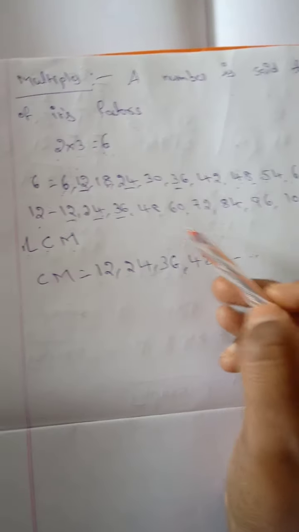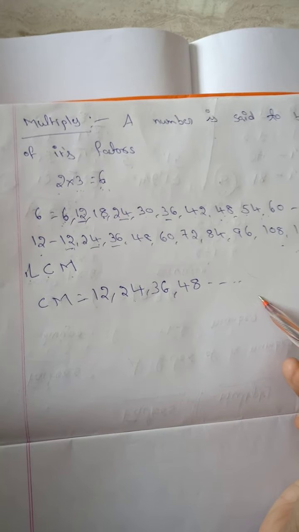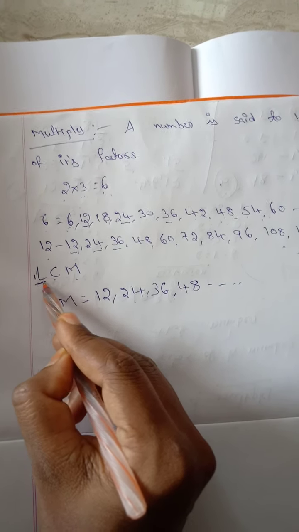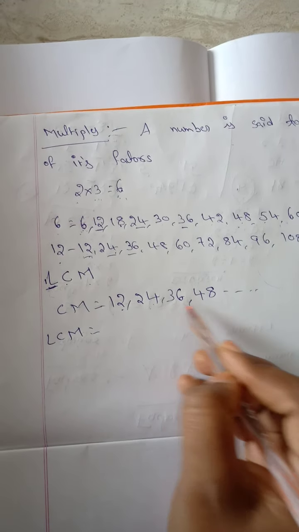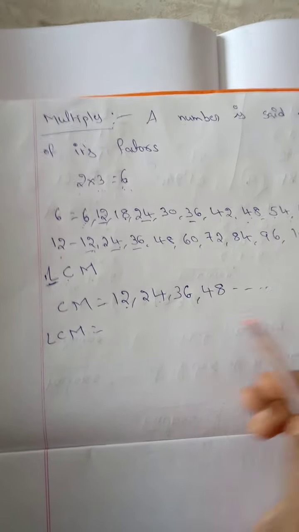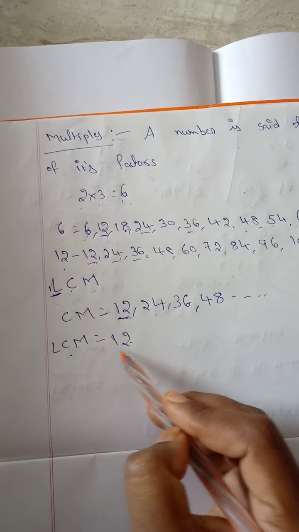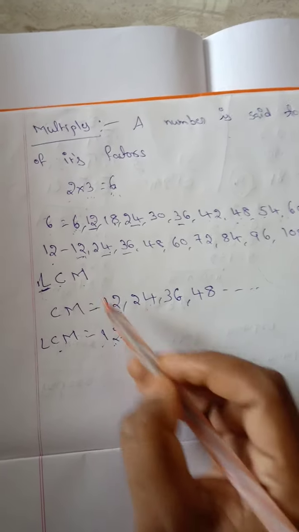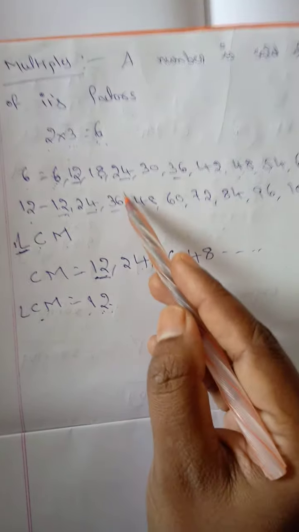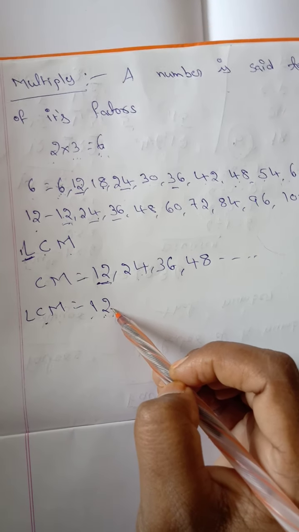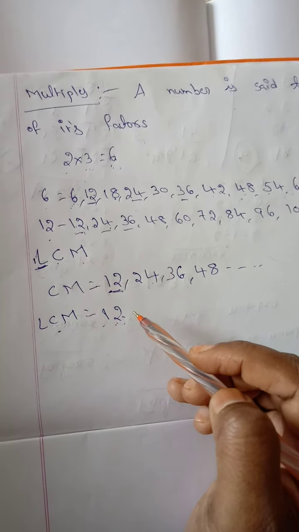So like that. We just learned that multiples are infinite, so the common multiples also will come like that. Here least common multiple, least in the sense smallest common multiple. Given 12, 24, 36, 48 up to infinity that we are writing, in that what is the least multiple? 12. Yes, so LCM is 12. 12 is the LCM of 6 and 12. Yes, so 6 and 12 LCM is 12. Yes children, this is how to find the LCM. I hope you all understand. Now I will give some questions to find the LCM and HCF. You can solve them. Yes, thank you.